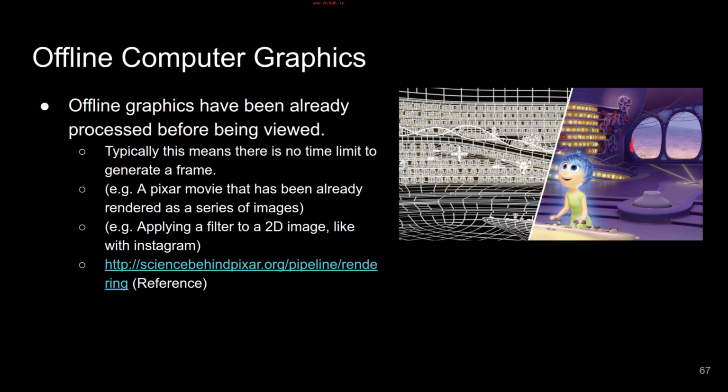So you can capture all the physical phenomena that happen with the transport of light and how it interacts with physics and so on. Again, there's a really nice visualization of this in the science behind Pixar,